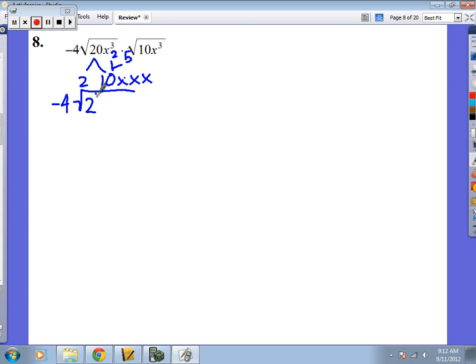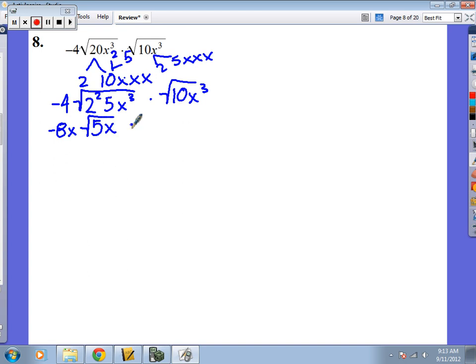Okay, you have 2 squared times 5 and x to the 3, times... this doesn't go anymore because it's 2, so 10 x to the 3. And then you want to take these out, so you can take out a 2, so you have -8, and you can also take out an x, so you have -8x on the square root of